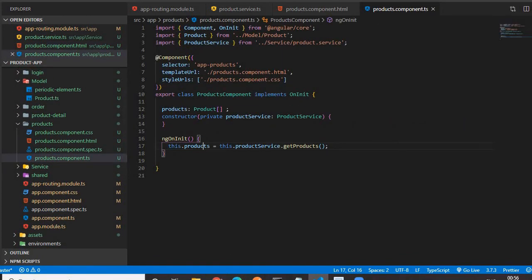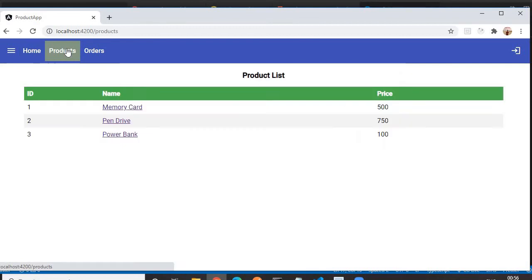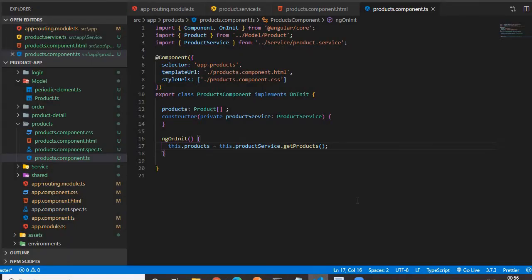Okay, so in the UI, this is my product component. It's a tabular structure in which the data is being displayed, a list of products. So if you see what I have done in my product component.ts file, first of all,